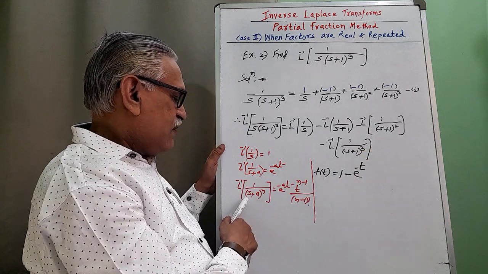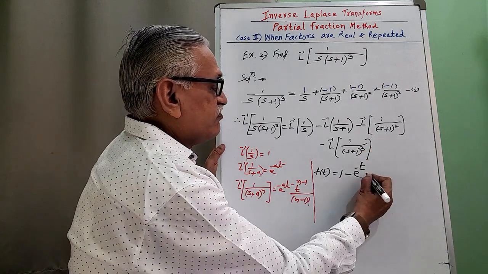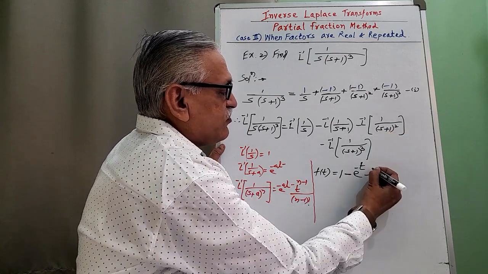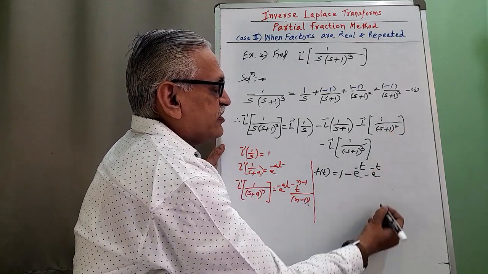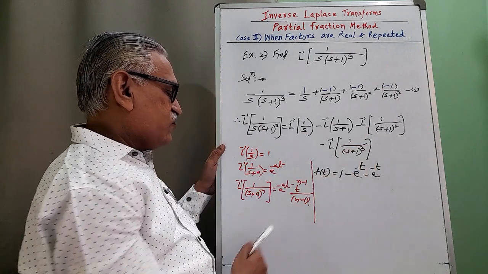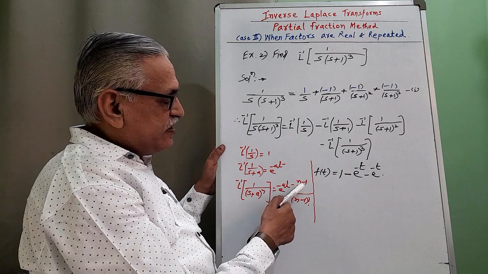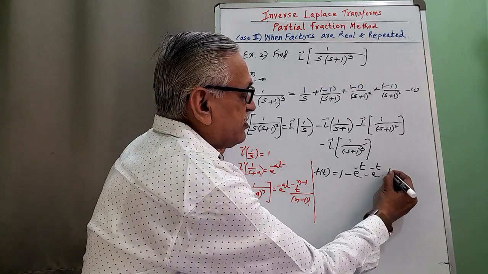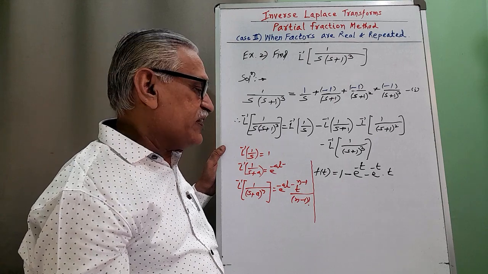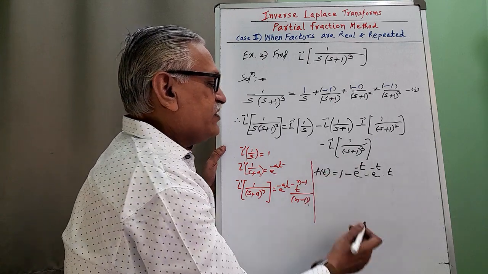Next, applying this result, it is minus e raised to minus at, a is once again 1, therefore e raised to minus t into inverse of 1 by s square. It is t raised to 2 minus 1, means t divided by 1 factorial. 1 factorial is 1. Next, minus,